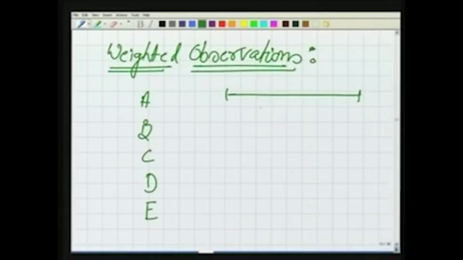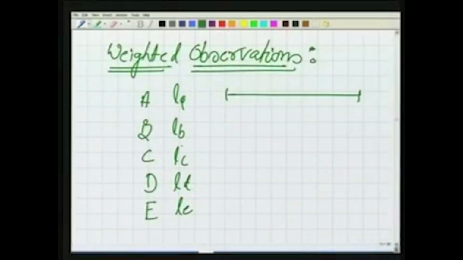Let us say right now also these 5 persons go to the field and measure 5 lengths, LA, LB, LC, LD and LE. Now question number 1. Will all these LA, LB, LC, LD and LE be the same or will they be different? Now you should be able to answer this question, because there are 5 individuals going to the field with maybe the same instrument, but will all these be the same? No, they can't be the same, because there are many varying factors.